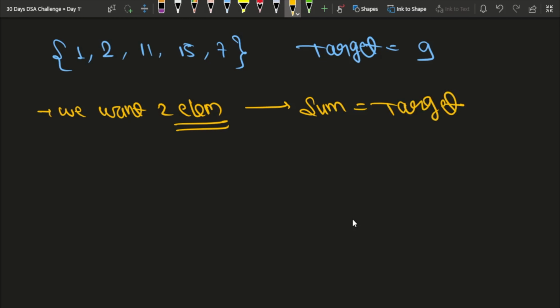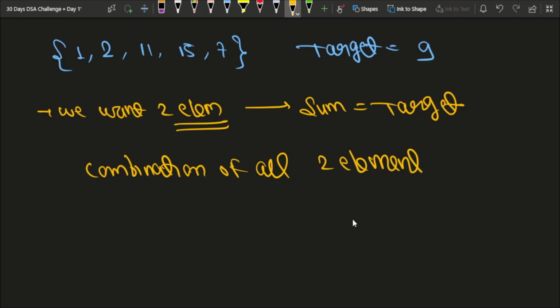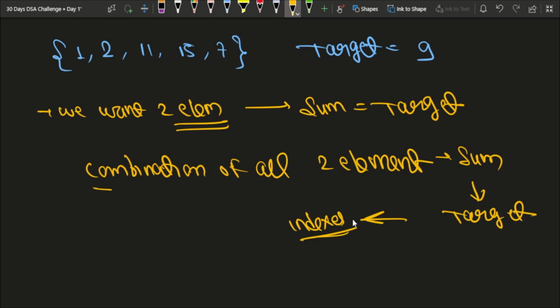So what possibly I can do is try the combination of all two elements, and I will try to find out their sum. If their sum is equal to my target, then I will return the indexes. So what I mean by combination of all two elements,